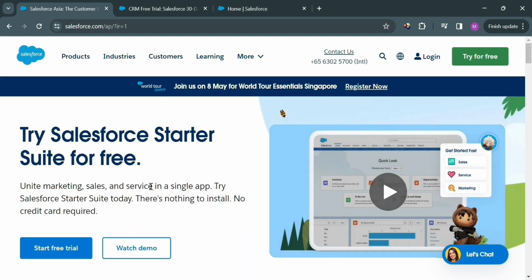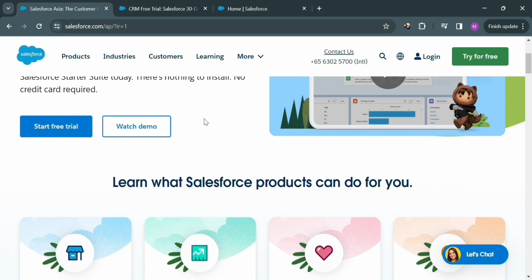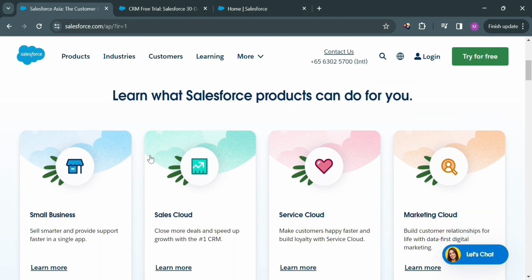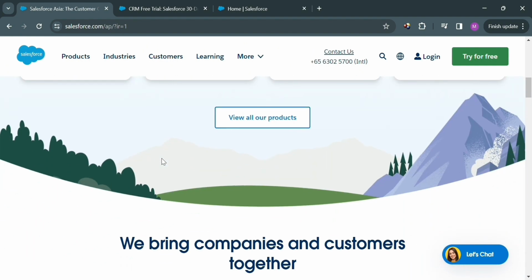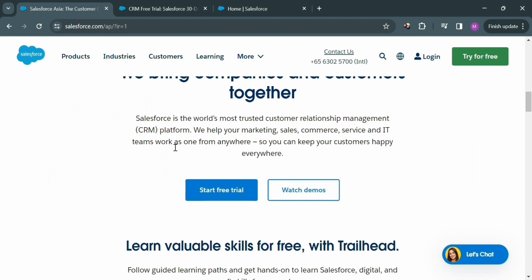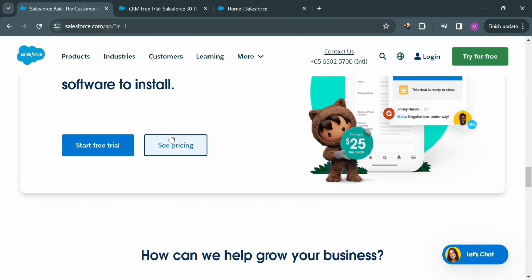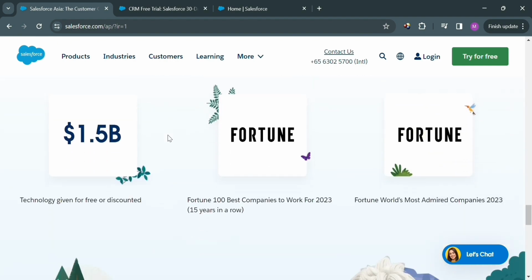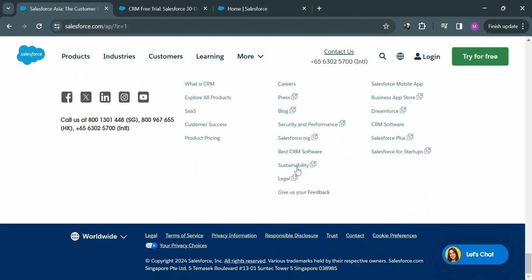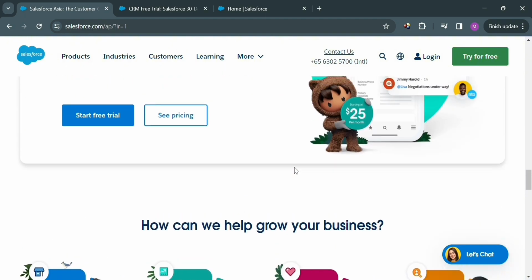So the first thing that you need to do is to simply open your browser and kindly go to salesforce.com. But before that, if you don't know what Salesforce Marketing Cloud is, it is a customer relationship management or CRM platform designed for marketers to create and manage marketing relationships and campaigns with customers, in which it offers integrated solutions for customer journey management, email, mobile, social media, web personalization, advertising, content creation, content management, and data analysis. And aside from that, this platform incorporates predictive analytics to assist in decision making, such as determining the preferred channel